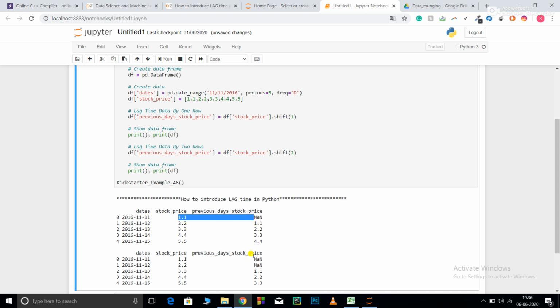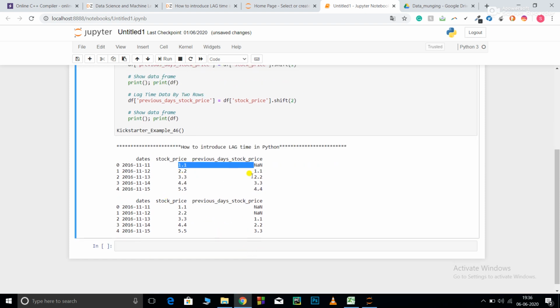Then 2.2 is filled with 1.1, 3.3 with 2.2, and so on. In a similar way, for shift equal to 2, the first 2 dates are filled with NaN. Then 3.3 will be filled with 1.1, because it will consider a shift of 2, taking 2 steps. Then 4.4 will be filled with 2.2 and 5.5 will be filled with 3.3.